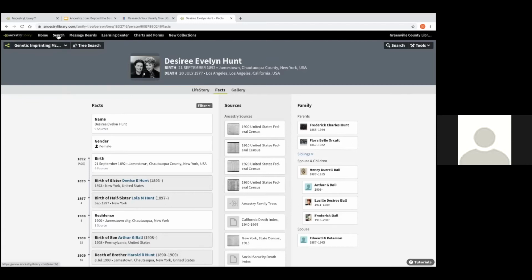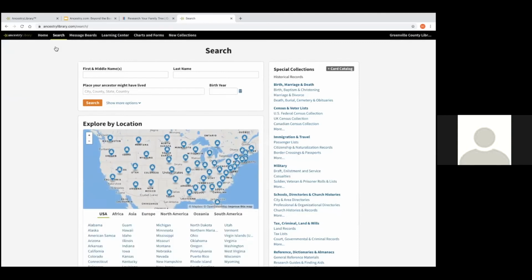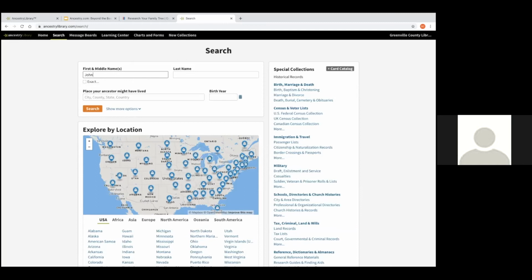But if we go back up, I wanted to talk about another search tip of doing a wildcard search. So I'm just going to click on the search tab at the top and click on all categories. And that's just going to get us back to our search screen here. And I'm going to use a fictional person for this one. I've made up a man whose name is John Redman, and I want to talk about using the wildcards. So wildcards can come in handy, especially when you have a name that has a lot of potential variations.